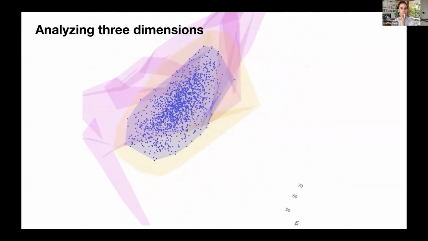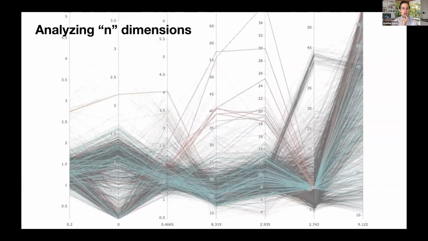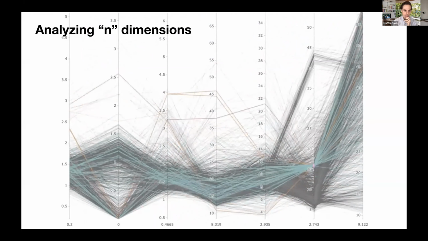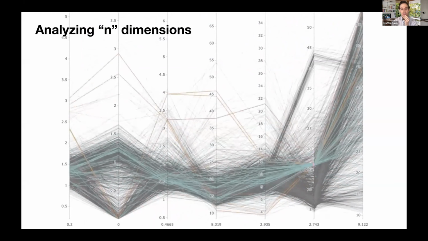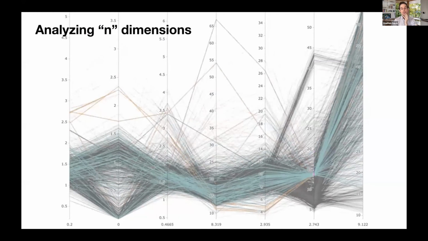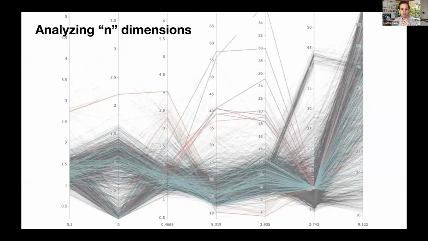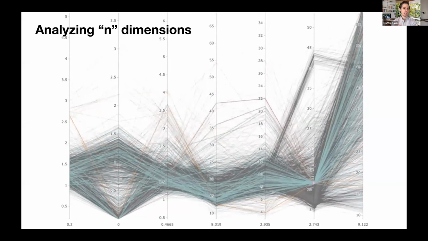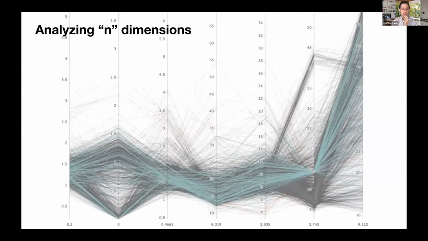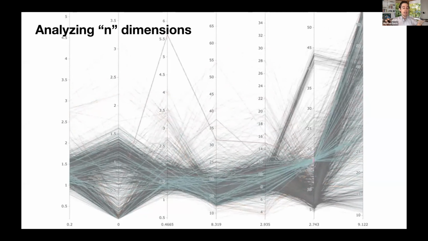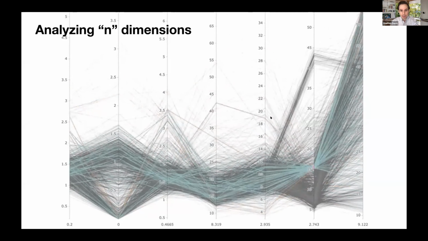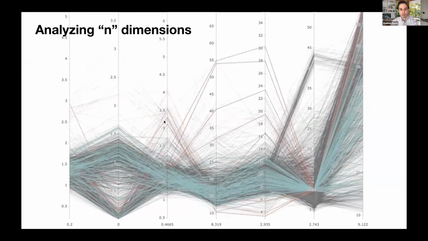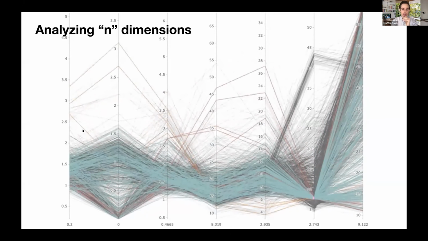scenario. Now, we looked at 3 dimensions, but you can add an arbitrary number of dimensions. You can analyze a scenario in n dimensions. So this is showing 4 additional dimensions of the pedestrian crossing the street. And again, the concept of a scenario space remains, except now you can see it across n dimensions simultaneously, and you can see how the gray areas reveal just a more nuanced geometry of the scenario space.